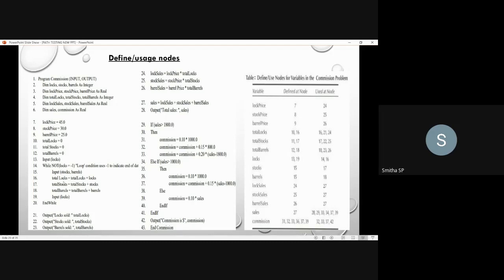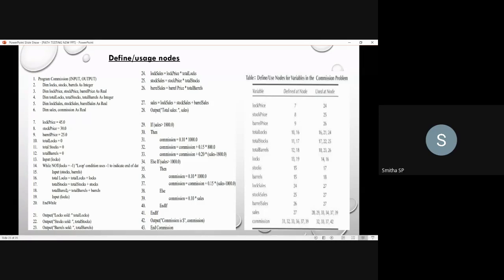In the 16th node, what you have defined is total logs. It's for the updation of the total logs value, isn't it? The value you give will be added to the total logs, and the new value you get will be stored in the total logs, which you have defined in the 16th node. So you have defined the total logs two times, at two nodes: one at the 10th node and the other at the 16th node.